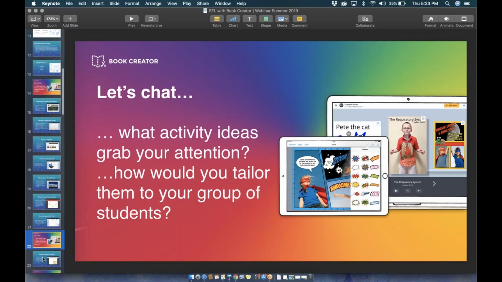Before we talk about one more activity and then I take you out for the demo to show what it looks like in action, I'd love to hear which of these activities grab your attention and maybe how you would tailor them to your group of students. So if you love that example of thoughtfulness goals or using virtual reality and capturing responses to it, how would you tailor that to your group of students? Go ahead in that question box and I'll give some shout outs and I'll search and take a look to see if any other questions have come through.